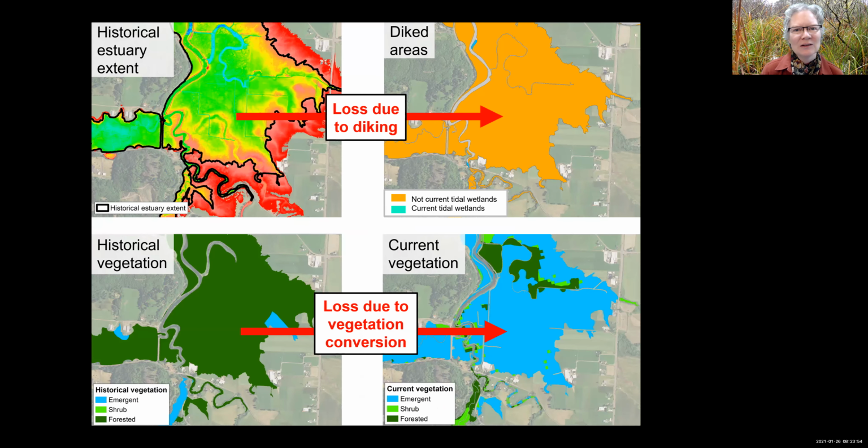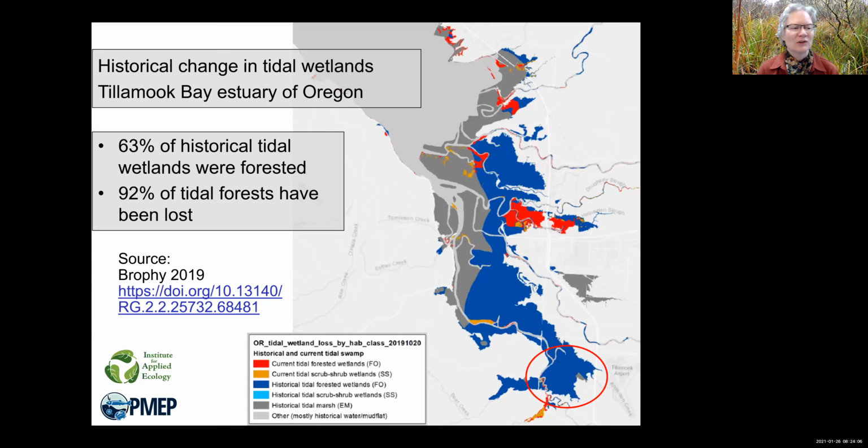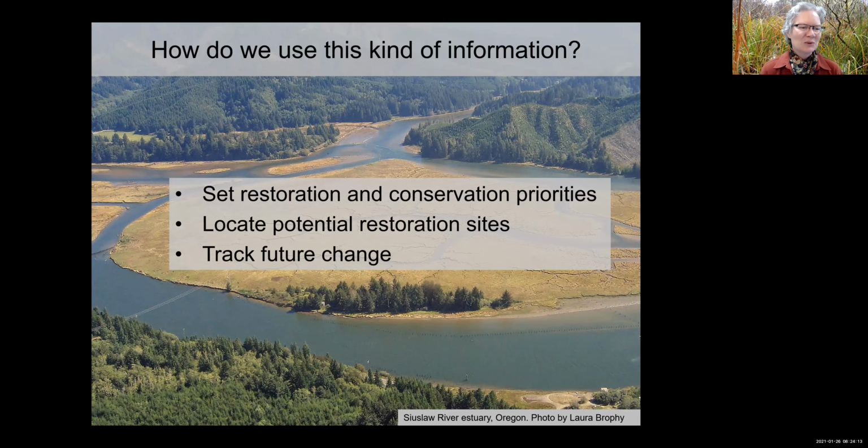So in combination, these two types of analysis show us losses due to diking or disconnection, as well as losses due to vegetation conversion. So this is a really powerful set of tools for understanding historical change in our estuaries, and it's what led us to this map I showed you earlier, and this is the area we've been zooming in on. So we use this kind of information for setting priorities for restoration and conservation actions, to find potential restoration sites, and to serve as a baseline for tracking future change, because we now have better, more accurate information